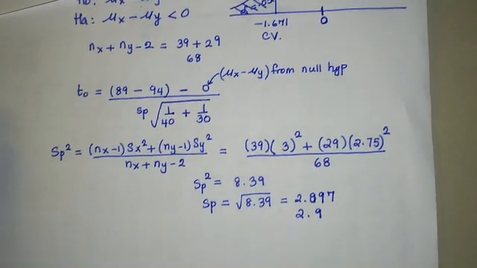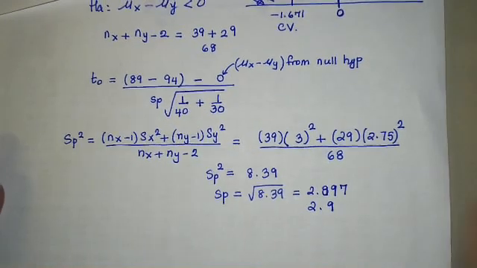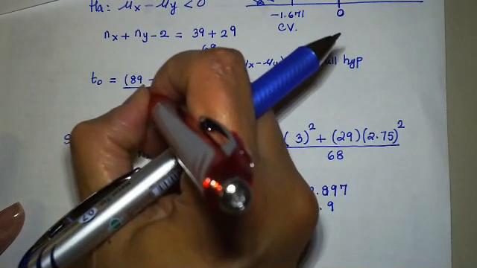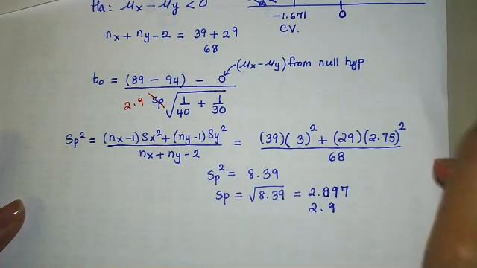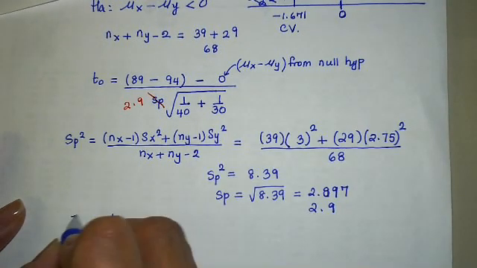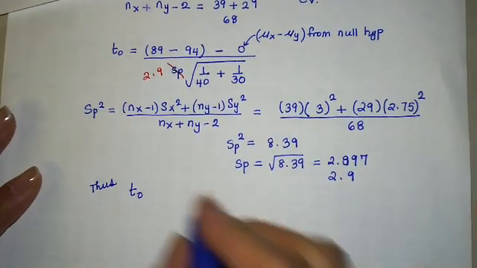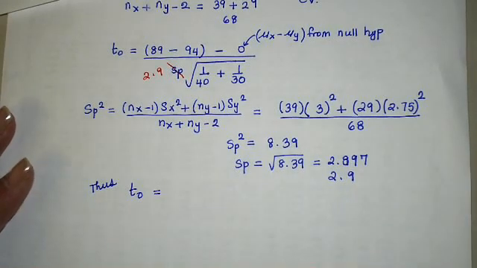2.9. Do you have some more digits? It's 2.896. So 2.897. I got 2.897. So 2.9. Let's go put that 2.9 in here. And then let's find a T naught. Thus T naught equals